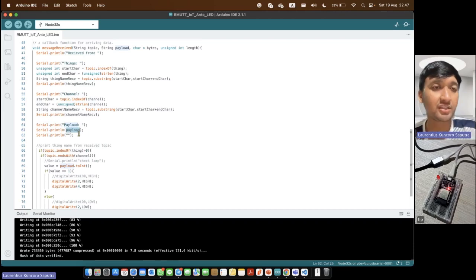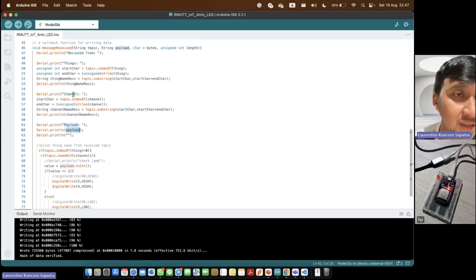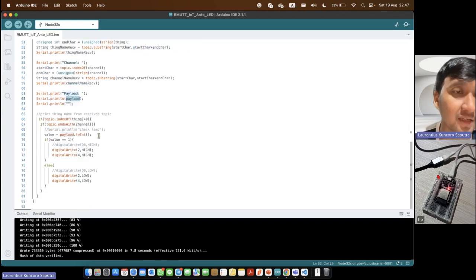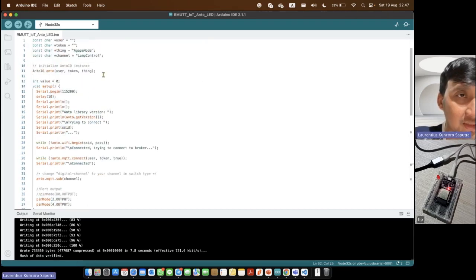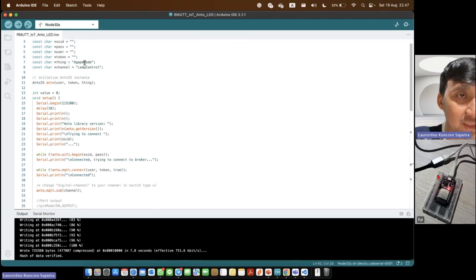After we already know what the things, the channels, and the payload are, we can make a rule. If the things length is greater than 0, it means the data comes from the things that we already subscribed to.